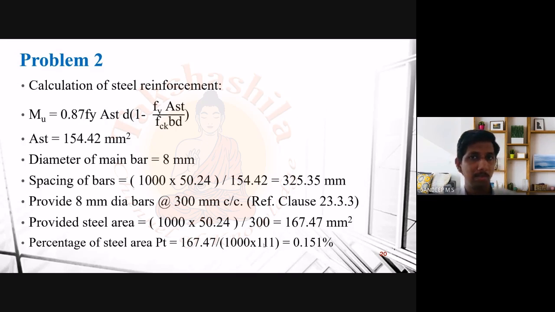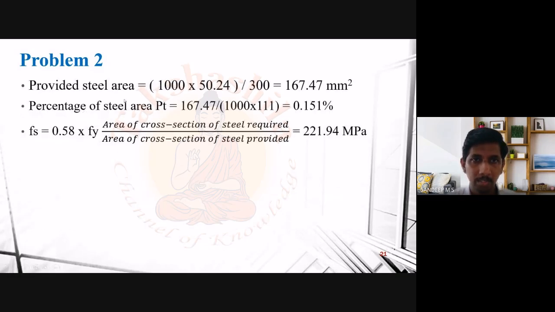So we have our overall depth as 130 millimeters. Please do understand that. And here we have 111 millimeters. So anyway, let's proceed with this value, 0.151 percentage. Now, if you remember what we have done in the previous problem, we have calculated the actual area provided, and we have the percentage of steel reinforcement. So as per figure 4 in the IS 456, below the control of deflection, we are provided with,